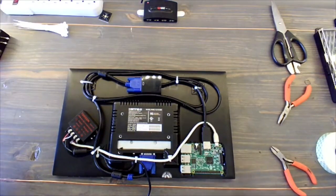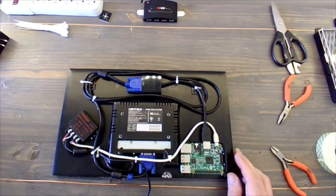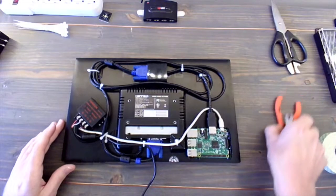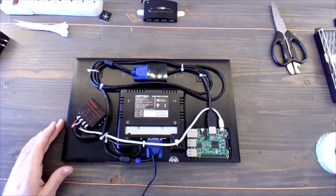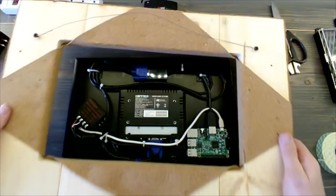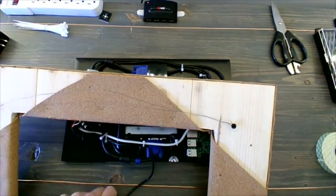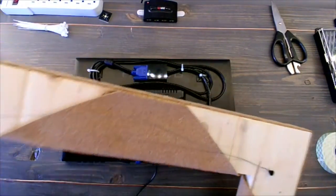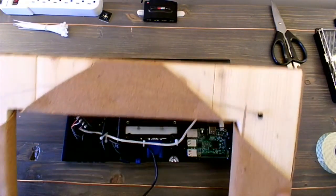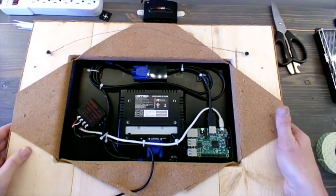Okay, back after a quick transition, I got the frame. Now it's just going to be a matter of putting everything on here. I got my screws to put everything in tight. Yeah, we're going to just clean up a little bit and assemble this all together for the first time. So this is going to go over that, and the only thing I have to do is this power cord is going to go through the back of the frame. So we're just going to pull the power cord up and through, and then once that's not going to pinch on there,